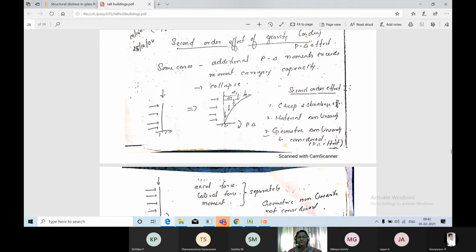So for every story, the first story, if I take, will be deflected by delta 1. The second one is delta 2, then delta 3. So what will happen? You already have a gravity load. So this gravity load is multiplied by this delta, this deflection. Okay, so if I explain to you,